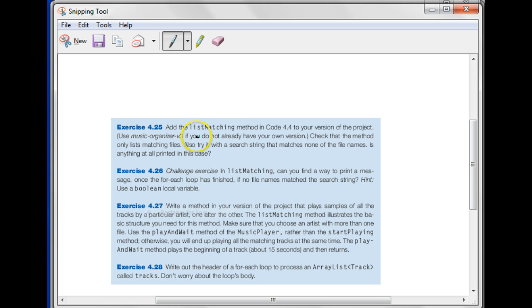First of all, it says add the list matching method in code 4.4 to your version of the project. Check that the method only lists matching files. So it shouldn't list anything else. Also, try it with a search string that matches none of the file names, and see if anything is printed in that case. And the challenge exercise in list matching is, can you find a way to print a message once the for loop is finished if no names match the string? Okay, so